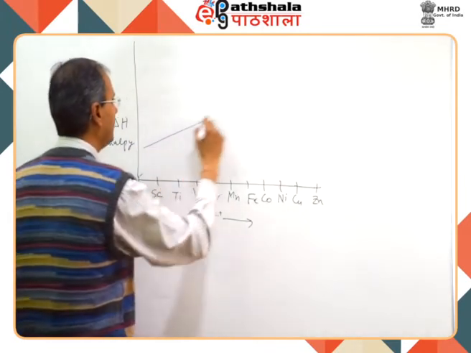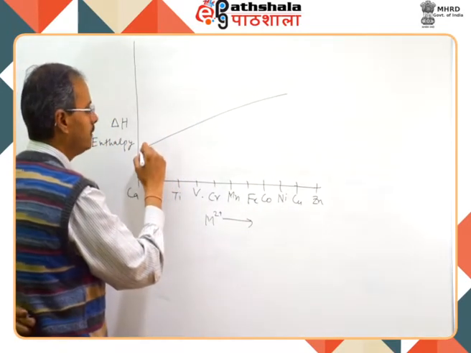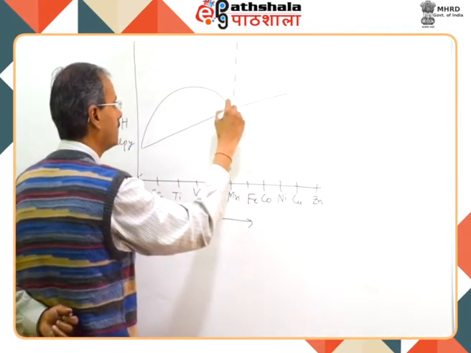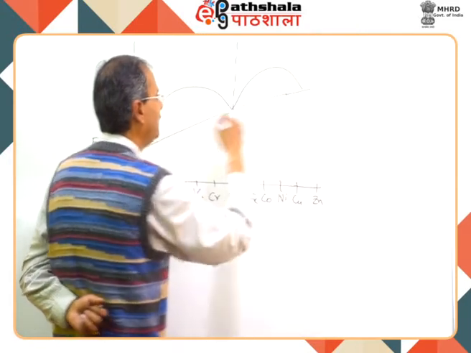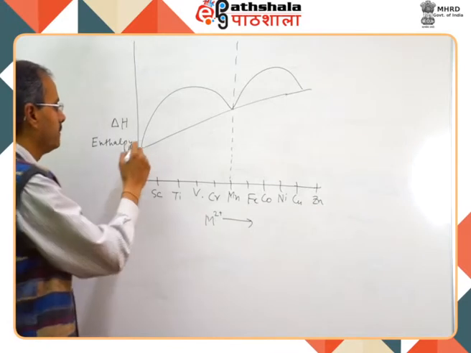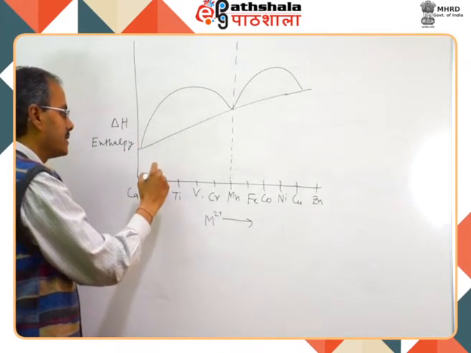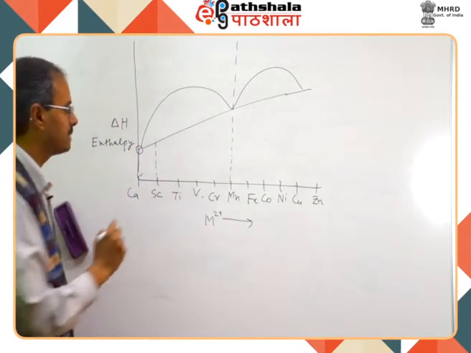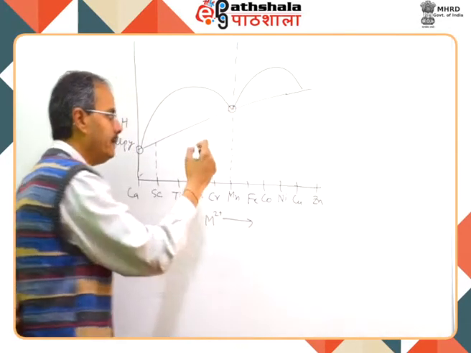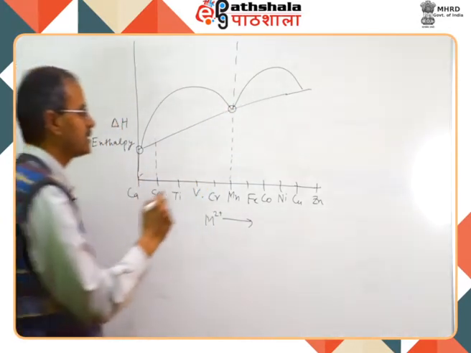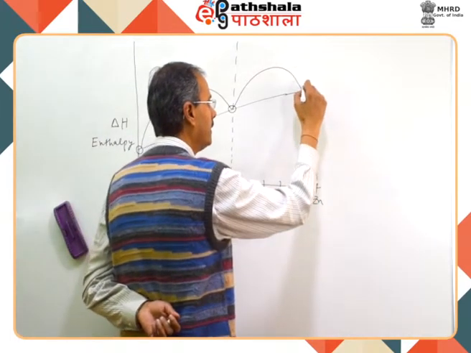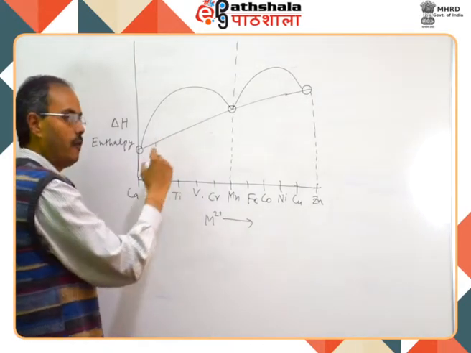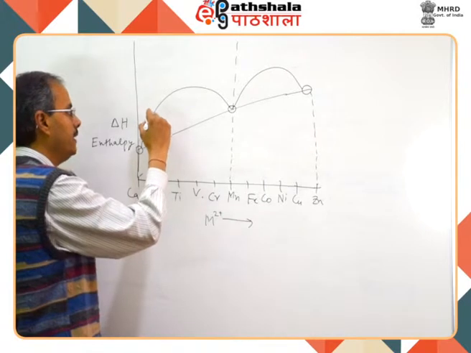Rather than seeing a straight line, we see this type of profile where some of the elements, for example calcium, is exactly at the expected place, manganese is again exactly at the expected place, zinc is also at the expected place, but then the rest of the metal ions, they do not fall on this straight line,